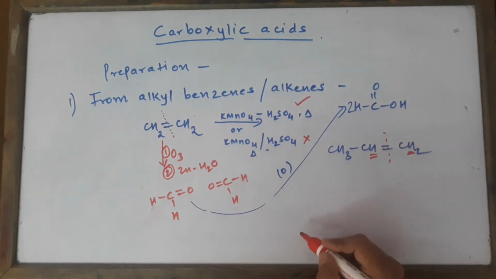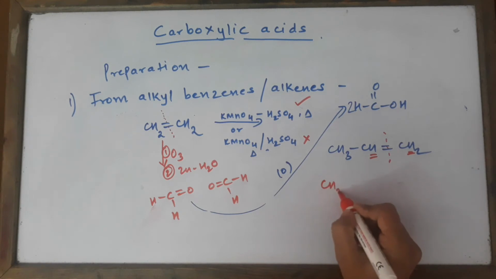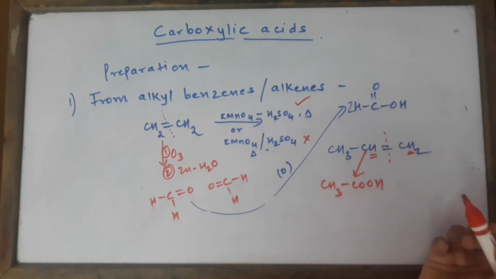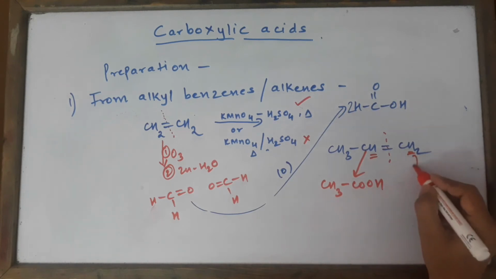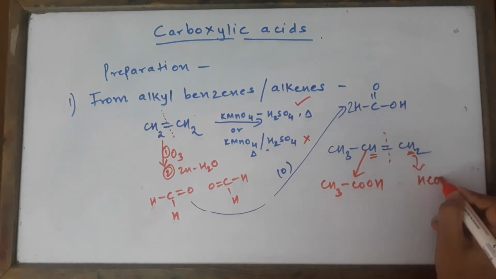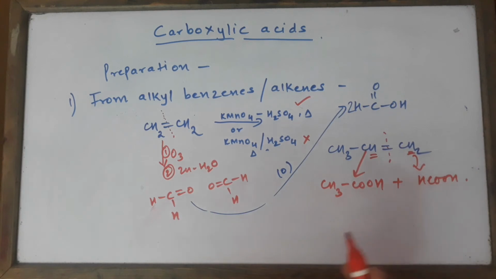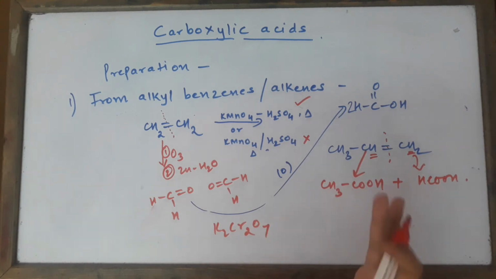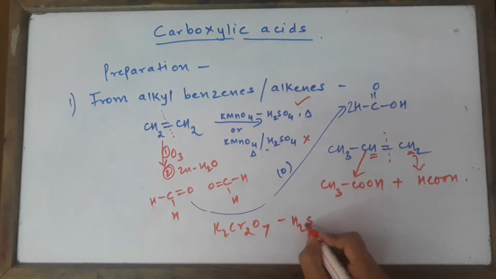So of course, children, here we are going to get it like this, and this will become CH3. Whatever group was there, you just change to COOH, and naturally this other one is also going to change to HCOOH. So these are the 2 products. Apart from KMnO4, of course all of you are very much aware that we can also use acidified potassium dichromate. I'm not dwelling on this because it is a known fact and everyone is aware of it.